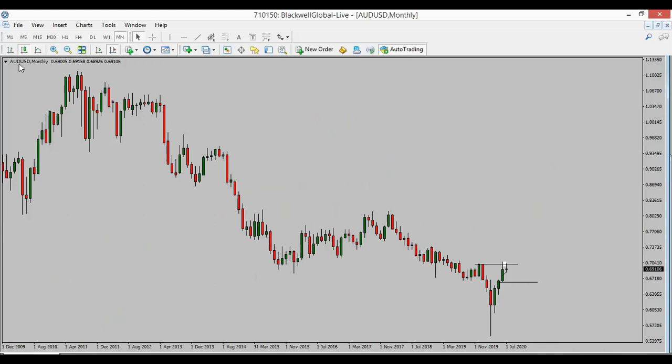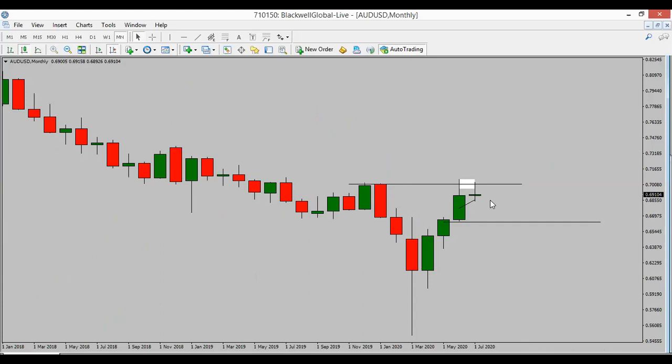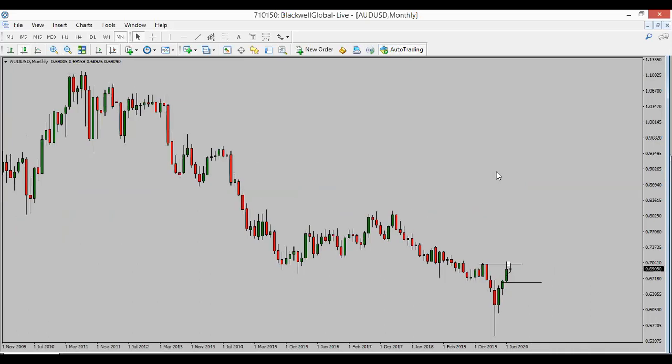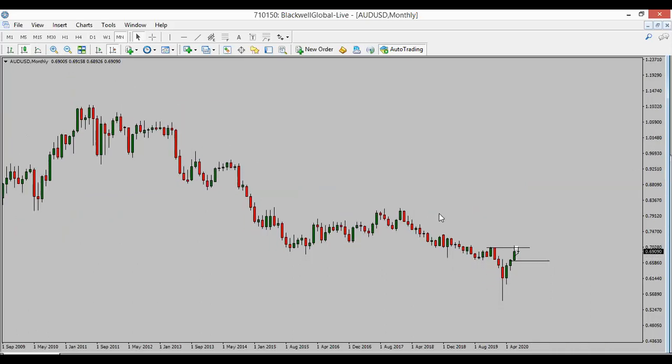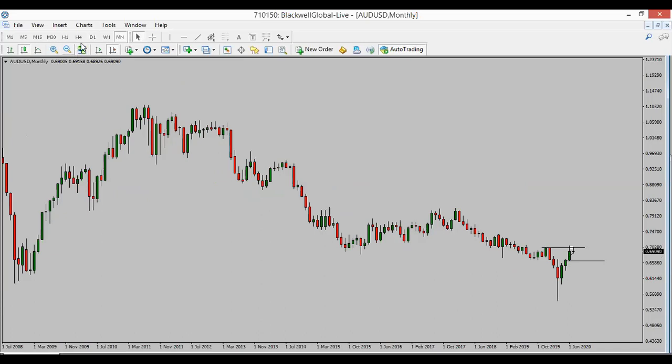First off, this is our Aussie dollar. I can see it from around here. The monthly candle just closed, so you need to reassess whatever analysis you had on before the monthly candle closed, so as to prevent a lot of mistakes, because there's a lot of rebalancing to be done after that. So on the bigger time frame, like we always do, you see that the Aussie is